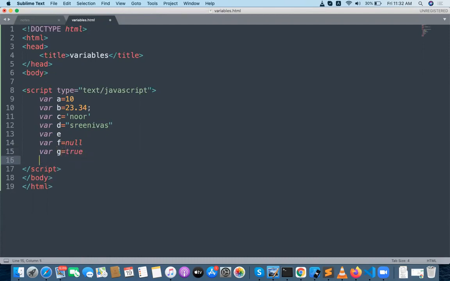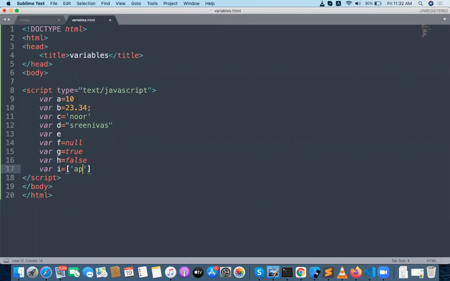I will go for the boolean value. var h equal to false, and var i equal to an array.